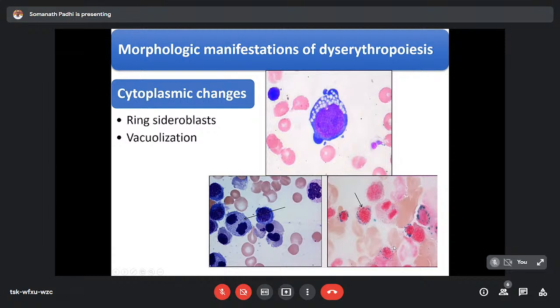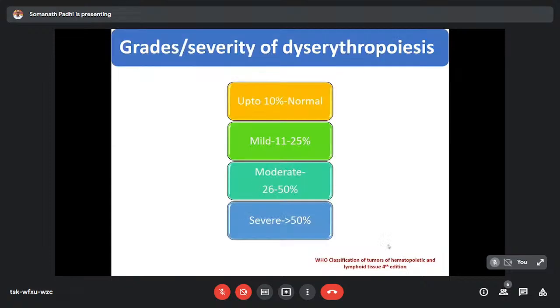So Perls Prussian blue stain is an important stain that demonstrates the presence of ring sideroblasts, dysplastic erythroids, as well as PAS stain can also be useful, which can demonstrate the dysplastic erythroid precursors in the bone marrow. So once we say that there is presence of dyserythropoiesis, we can grade this dyserythropoiesis into